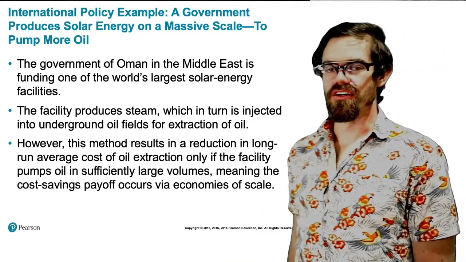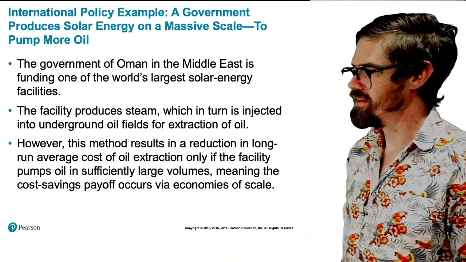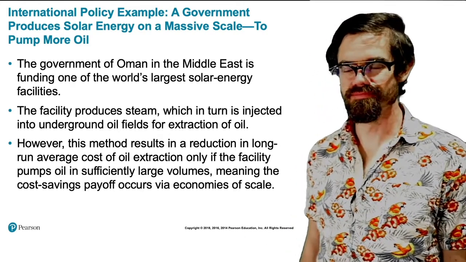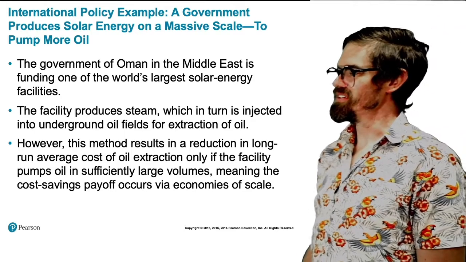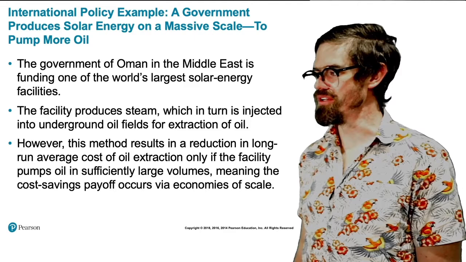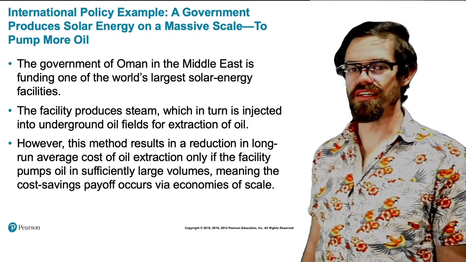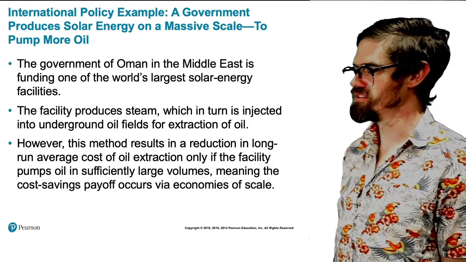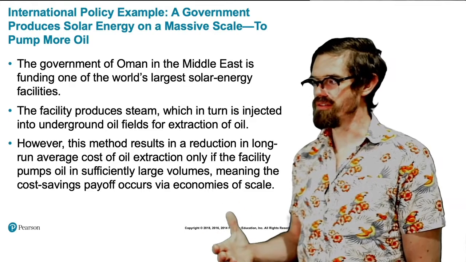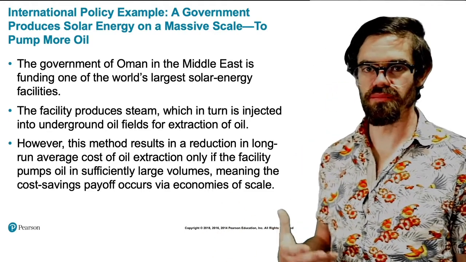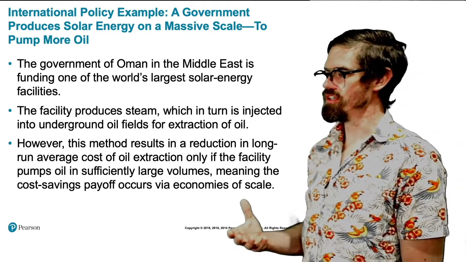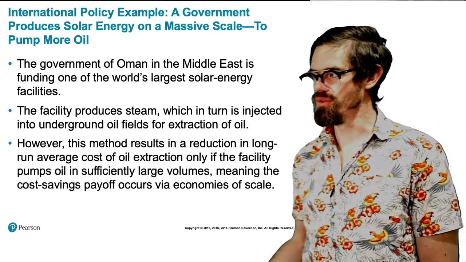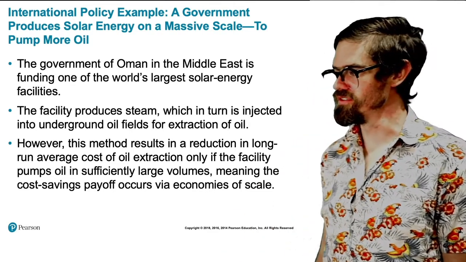Okay, so let's think about an international policy example. A government produces solar energy on a massive scale to pump more oil. That's kind of interesting, right? So there's this government, the government of Oman in the Middle East, and it has one of the world's largest solar energy facilities. Now, the facility produces steam created by the sun heating up water, which in turn is injected into underground oil fields